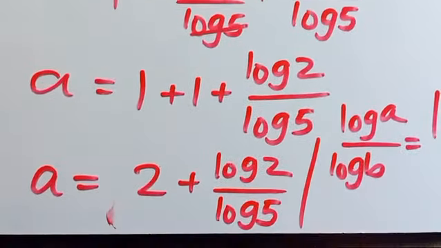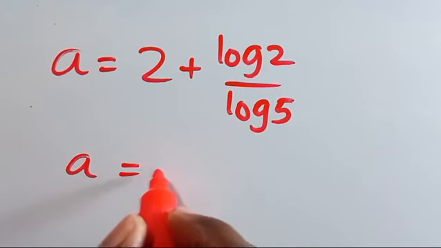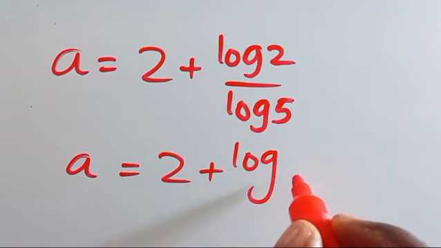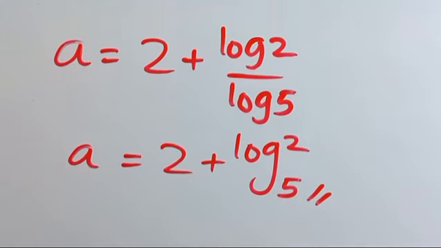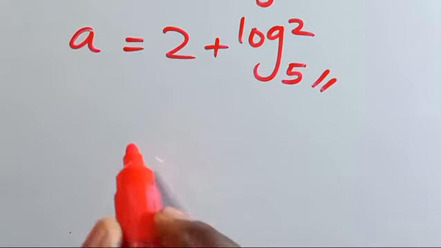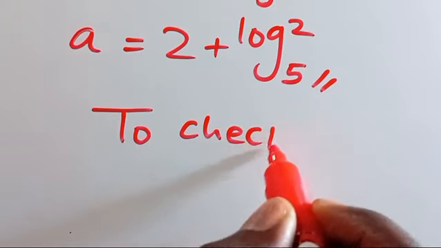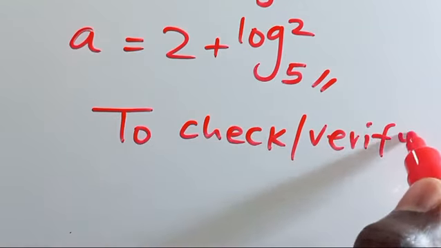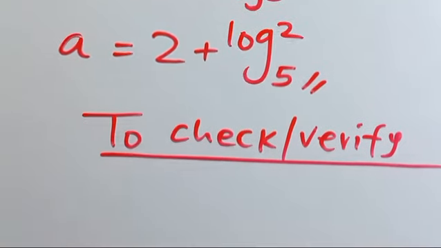So when we apply it here, a equals 2 plus log 2 in base 5. This is the value of a. Then let us now check or verify for the value of a equals 2 plus log 2 in base 5, whether it will satisfy